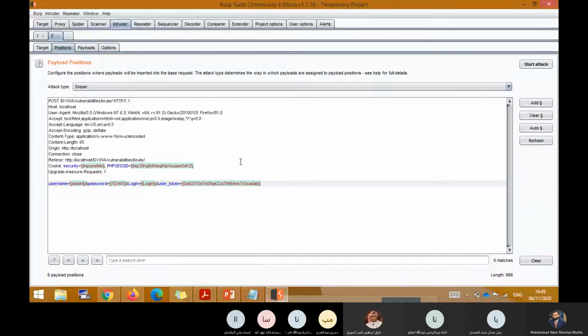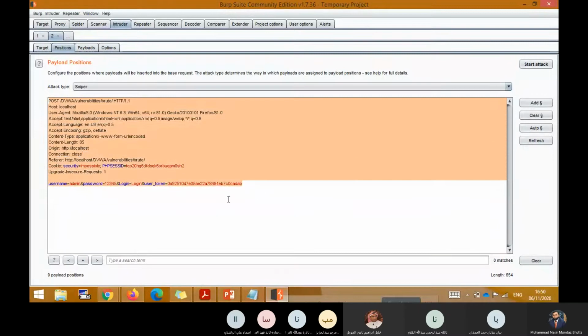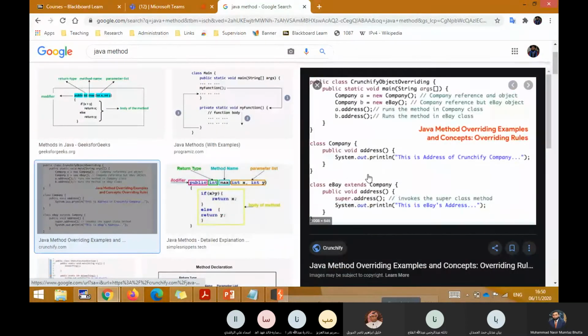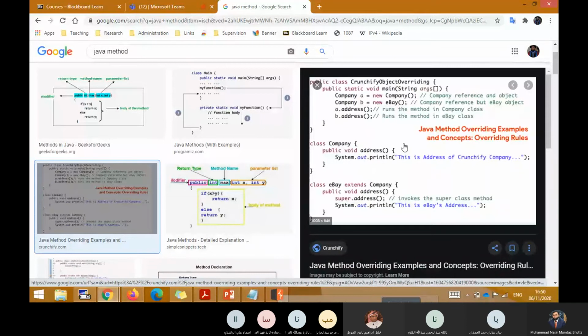Everything else will be the same. So first of all, when you send it to intruder, it has automatically detected what the inputs going to the server are. It has created the variables for us, but we clear them. So the first step is you clear it. Now it is exactly the raw header which is going to the server. So it is now a function, which we want to execute as many times as we want.